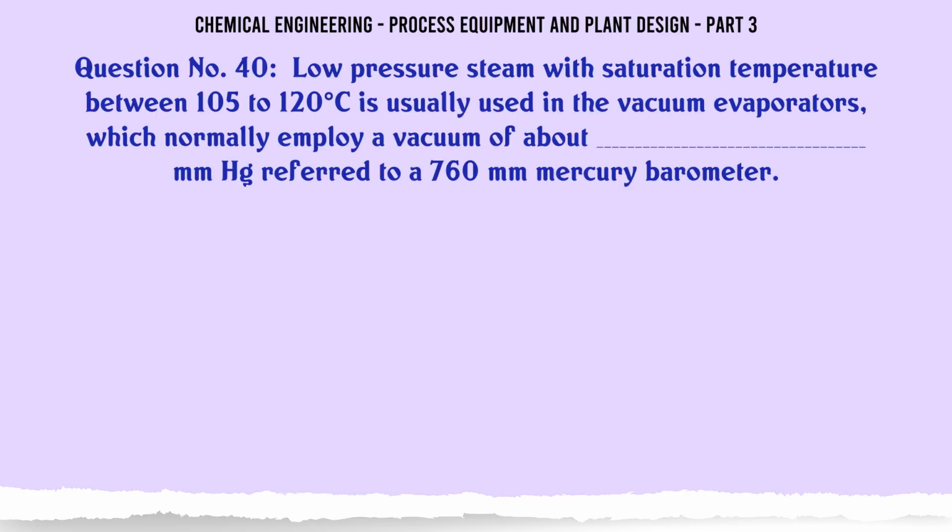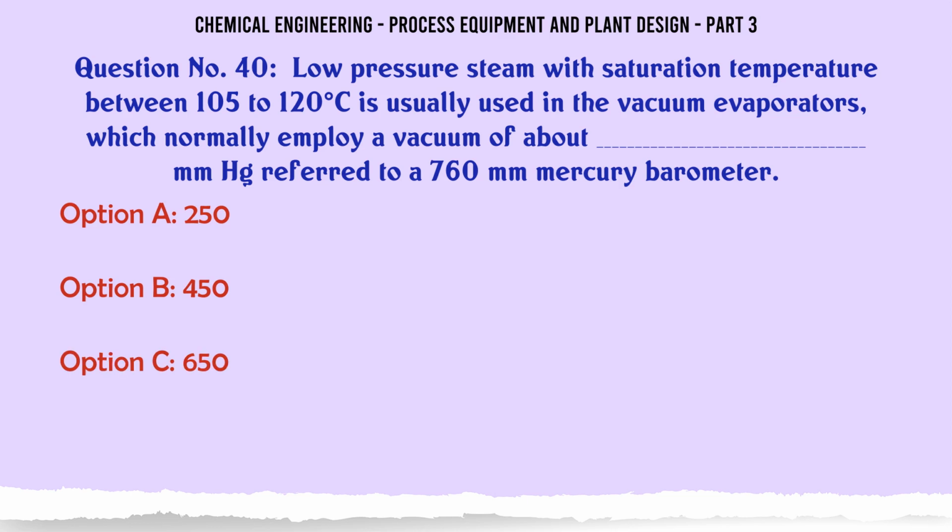Low pressure steam with saturation temperature between 105 to 120 C is usually used in the vacuum evaporators, which normally employ a vacuum of about mmHg, referred to a 760 mm mercury barometer. A. 250. B. 450. C. 650. D. 750. The correct answer is